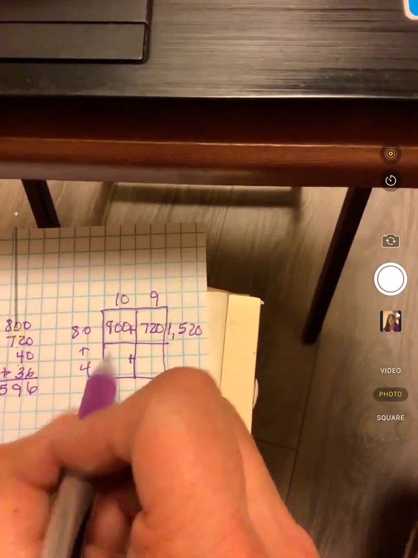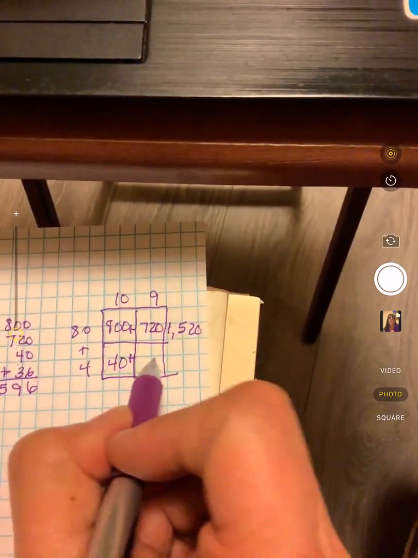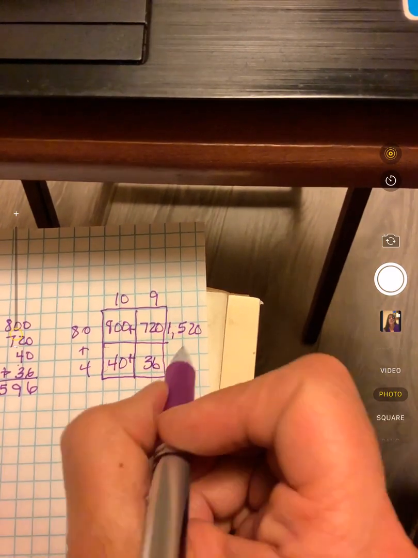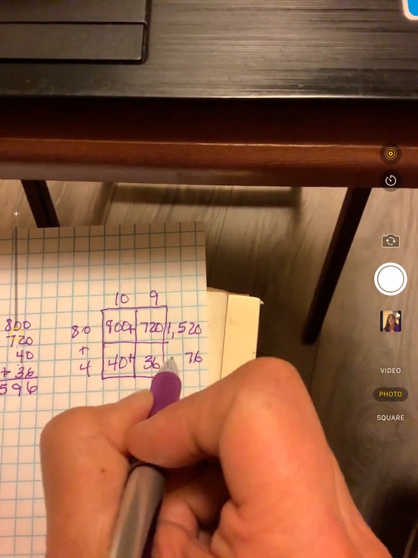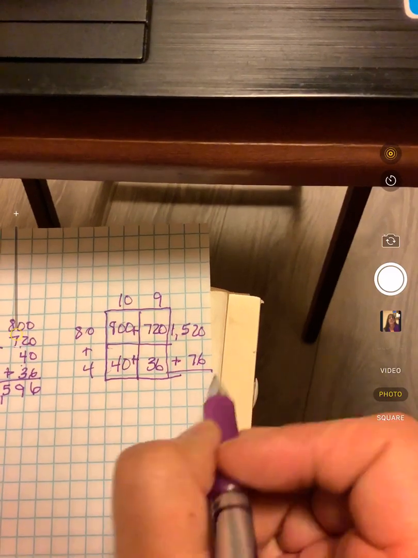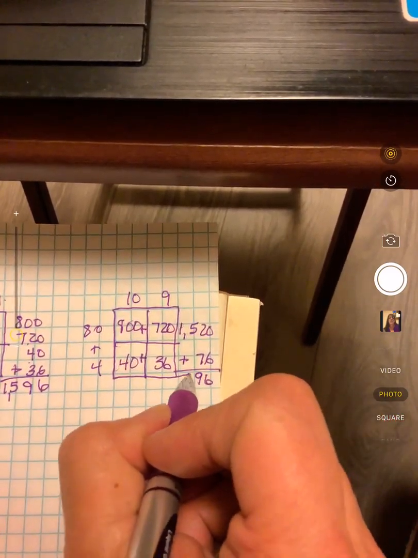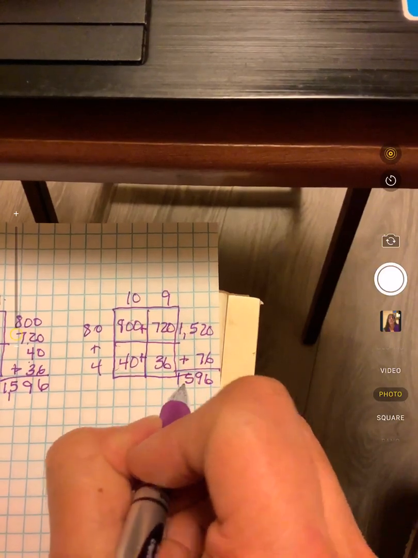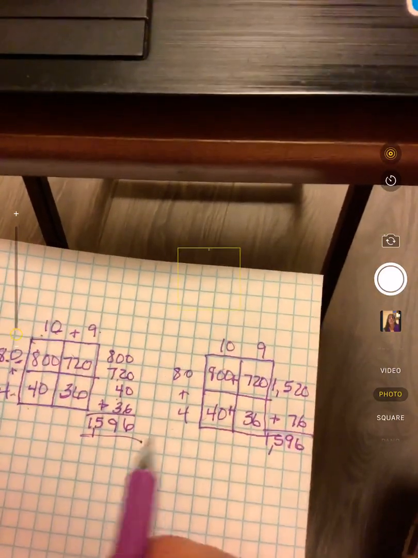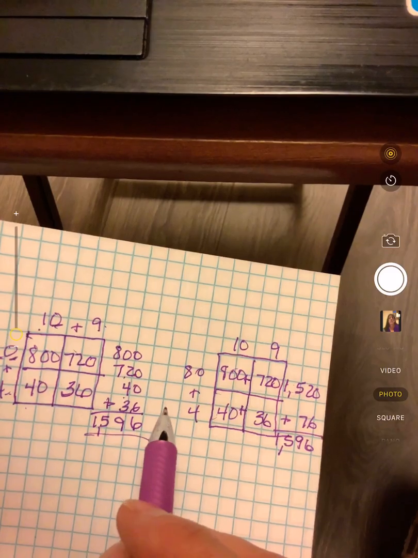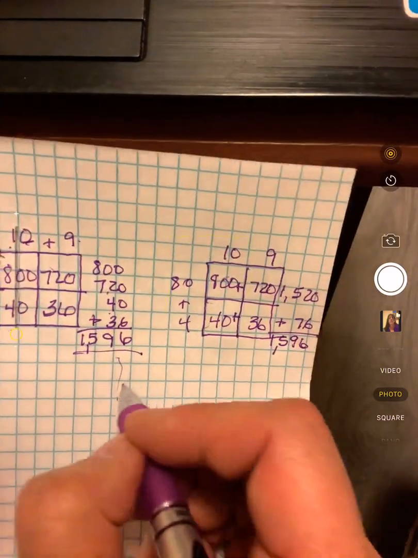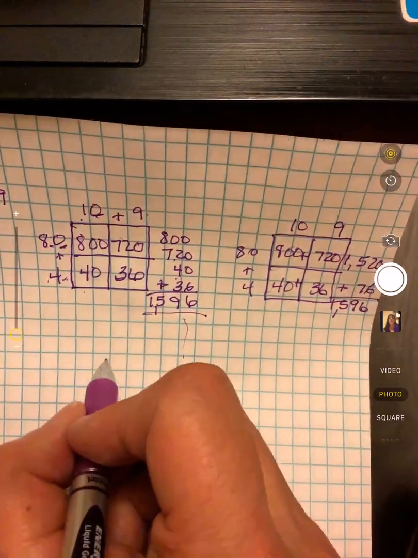And then this is going to be 40 plus 36, which would be 76. And when we add those, 6, 9, 5, 1, just like we got there. Okay? And you can do the lattice too, which would be